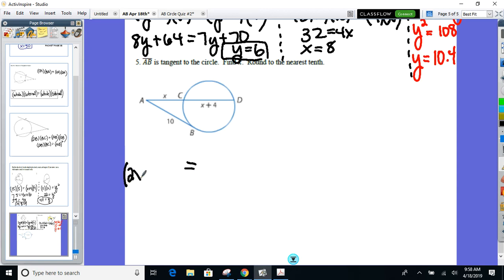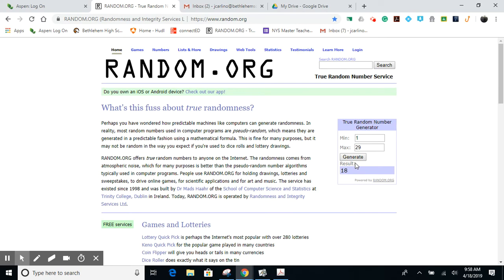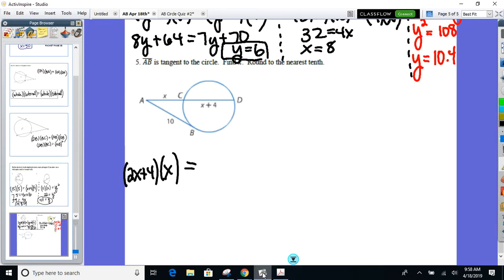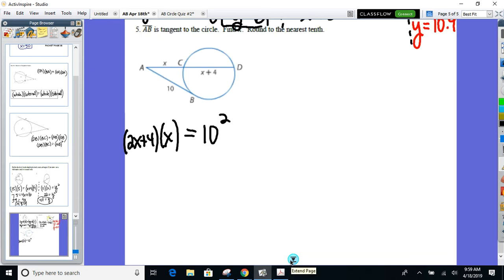Okay, so I got 2 whole, 2x plus 4. What's the external part? Okay, times x. And then somebody take care of the tangent for me. Take care of the tangent: 10 squared, or 10 times 10. 2x plus 4 is the whole secant. X is its external part. So, when I distribute, what do I have here? 2x squared plus 4x equals,